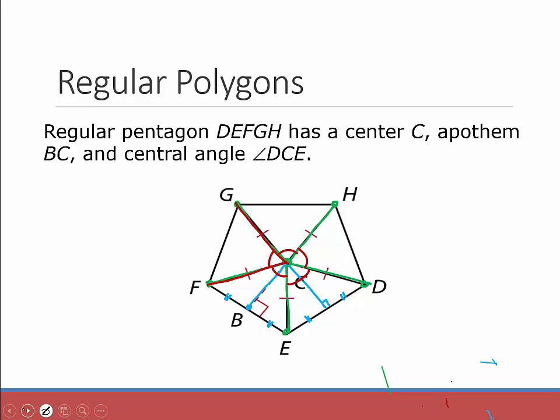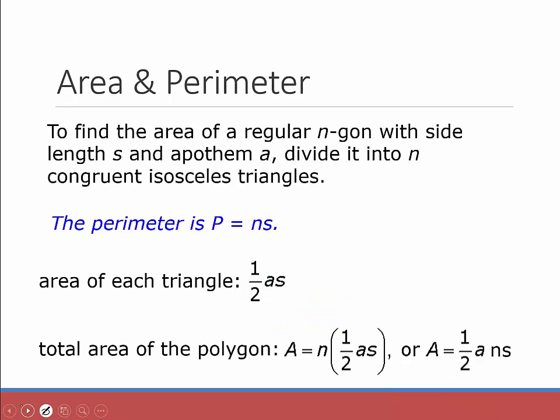So here's that picture again. It has a regular pentagon. The center is at C. Its apothem is BC, and its central angle they gave us was DCE. So to find the area of a regular n-gon with side length S and apothem A, divide it into n